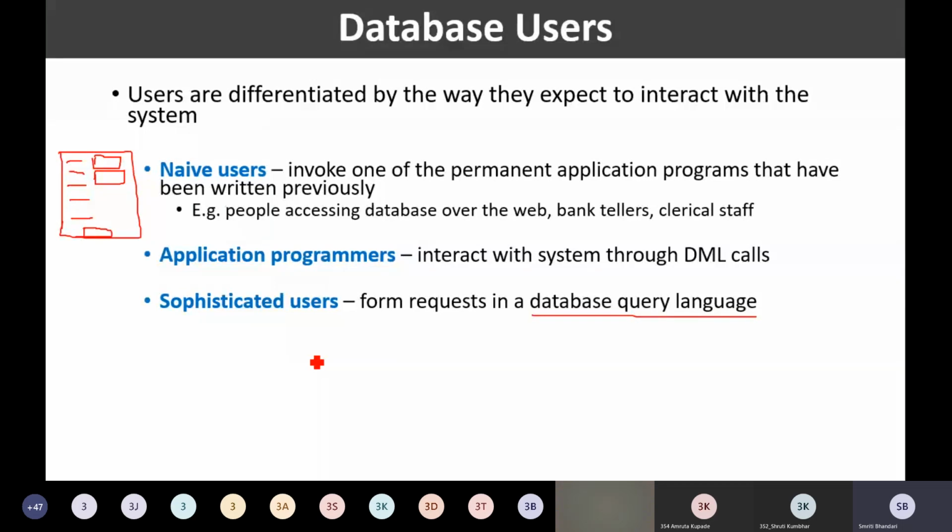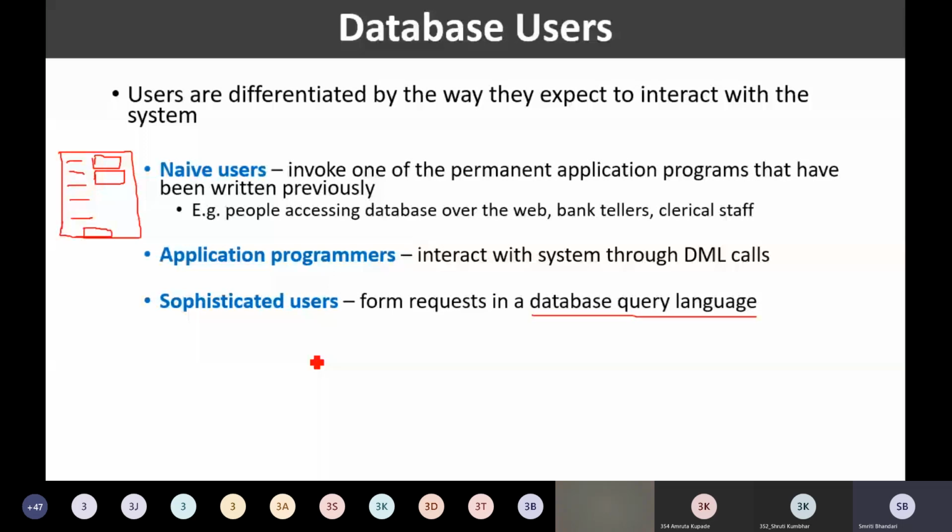They want to analyze the huge amount of data that is stored in the database. What do we mean by analyzing the data? Maybe you might have heard about something like data mining. So data mining is performed by data analysts. What the data analysts actually do is find out some kinds of trends from the data.